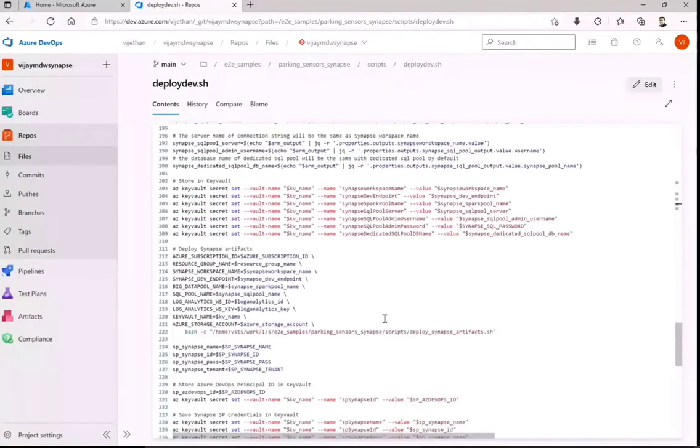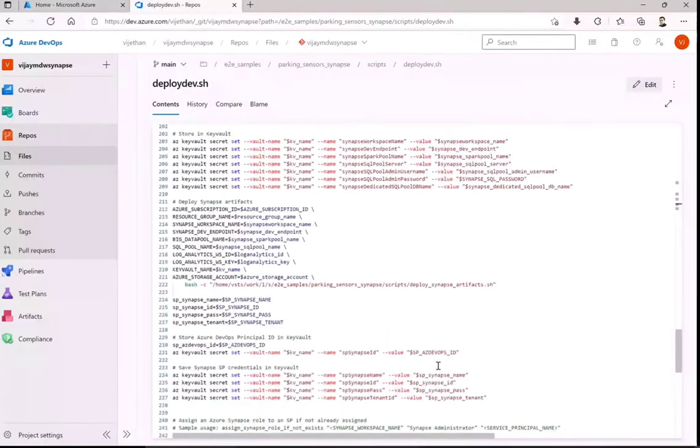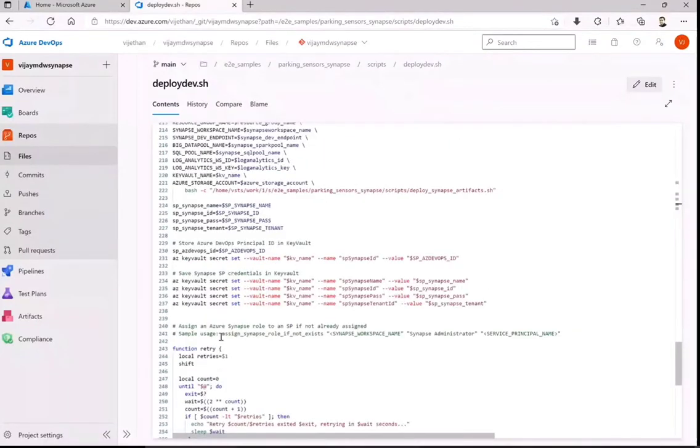Okay, so even the Azure DevOps related access, and similarly providing yourself access, everything is automated. That means on a Synapse workspace, you will require a Synapse administrator. Similarly, for the SQL pool itself, you will require a SQL administrator. So that we are doing at runtime. You need not worry about that. If you provide the variables properly and you are passing the environment variables properly, then you are done.